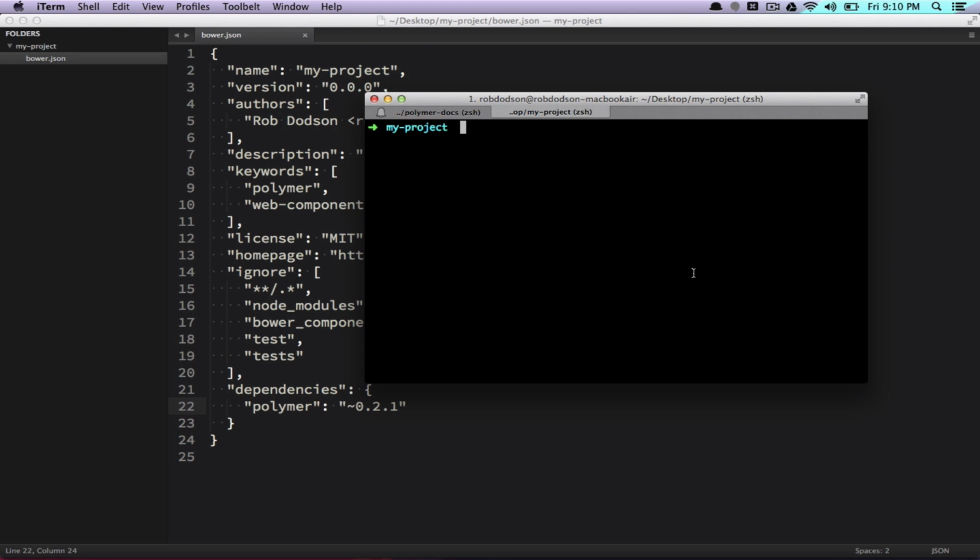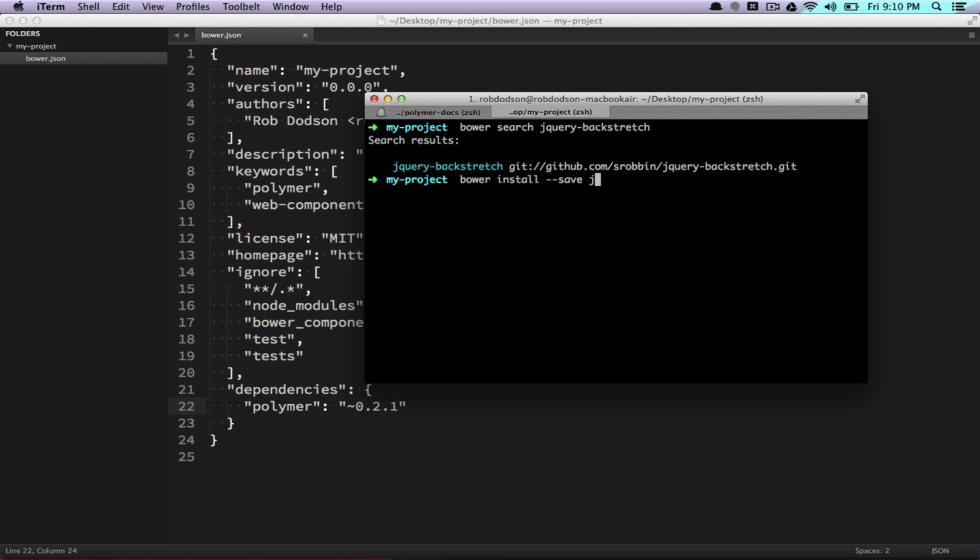As an example, you could run bower search jquery-backstretch, which is a jQuery plugin. Bower search lets you search through the registry of things that are in the Bower database. Here it says that jQuery backstretch is part of the registry. So I can just say bower install --save